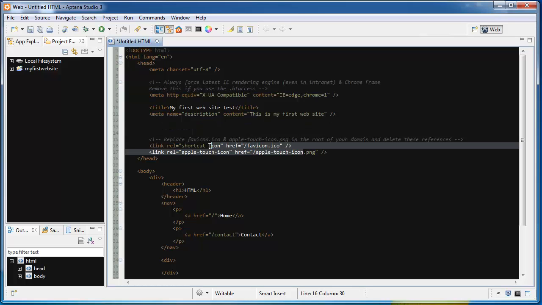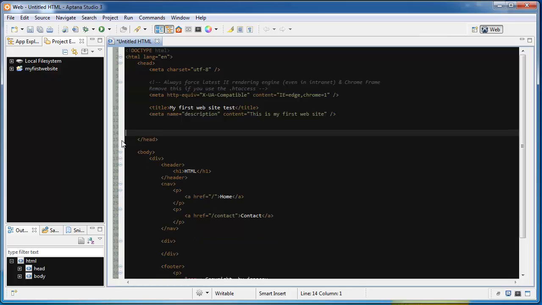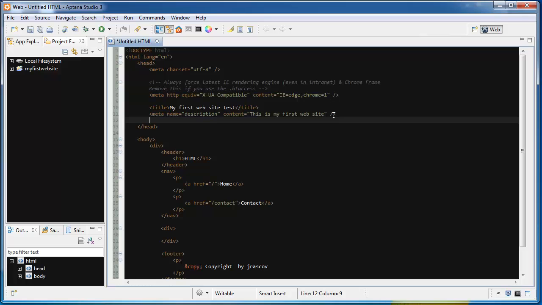So you don't really need these ones right here. Same with the Apple touch icon. These are more things that you don't really need right now. We can delete those. So a lot of this stuff that is in here is just extra from when we used the template. Now the way that this program works is it's kind of organized